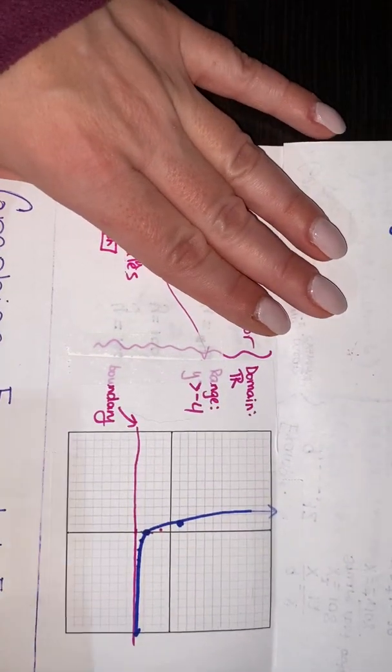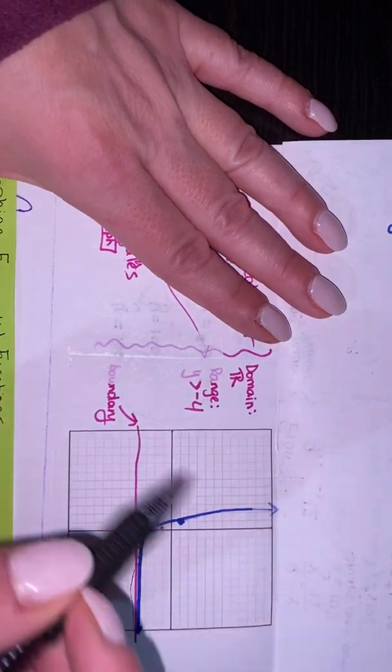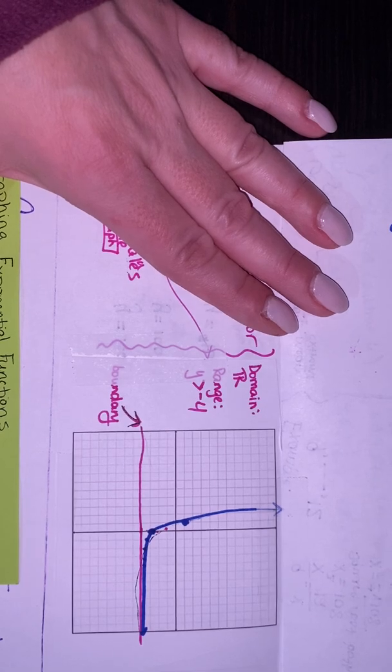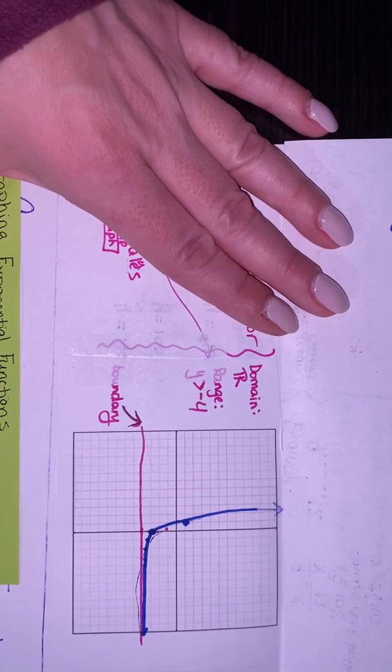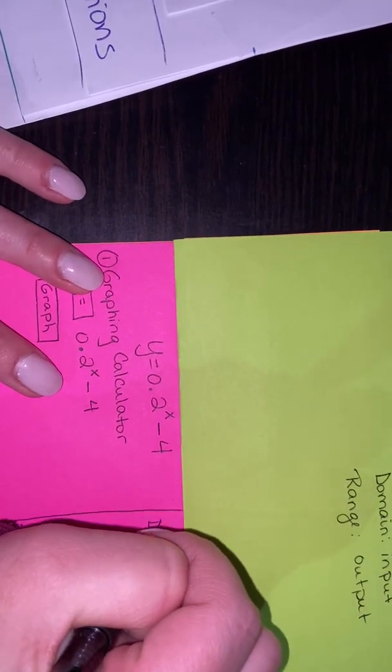All right. Now what you should notice when you look at your graph is that there's a boundary. Your graph should look something like this. It comes down and it skims along a boundary. Here's our boundary, and you should be able to figure that out on your graphing calculator. And you can see then, if we're dealing with exponentials, the domain,